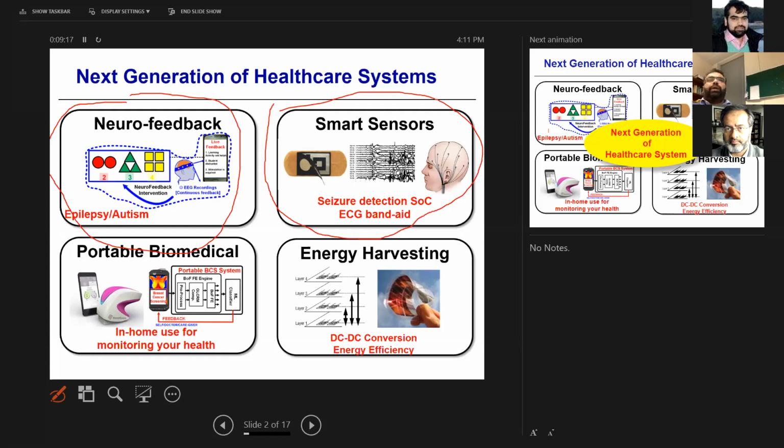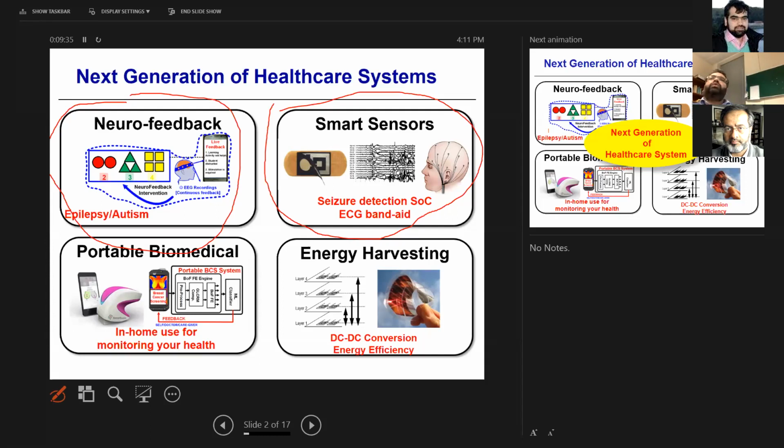And how can we operate them? Using batteries, using cells, that's one way. But how much? The battery is also going to carry some weight. The battery is going to be huge. The battery needs replacement. If you specifically talk about implantable devices, then you have to do surgery, take the things out and replace the batteries, just everything else is fine.